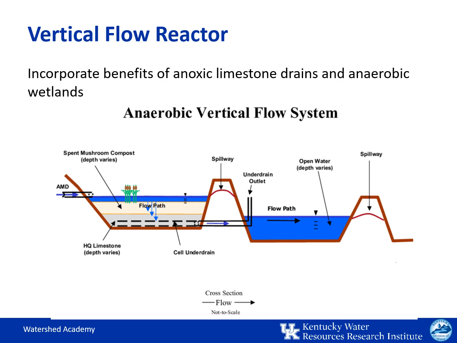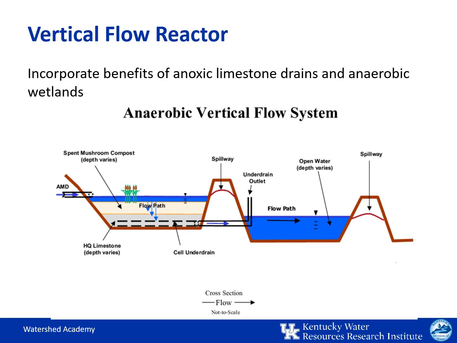The removal of the oxygen helps prevent iron precipitate, that yellow boy or crusting, from forming and coating the limestone in the next step, reducing its effectiveness. Then the mine drainage passes through an anoxic limestone layer to add alkalinity. The water leaves through the underdrain, which typically flows into a settling pond in which the iron and other contaminants